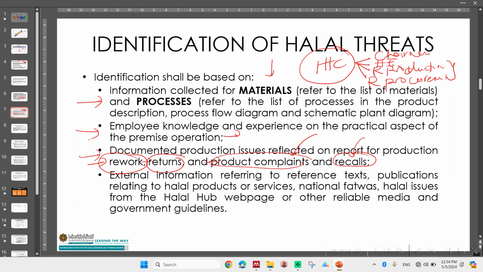And beside that, there are documents as well. We call it external information that you can get, talking about publications related to halal products or services, national fatwa, halal issues from the Halal Hub webpage or other reliable media. Okay, if you remember, there is a concept of